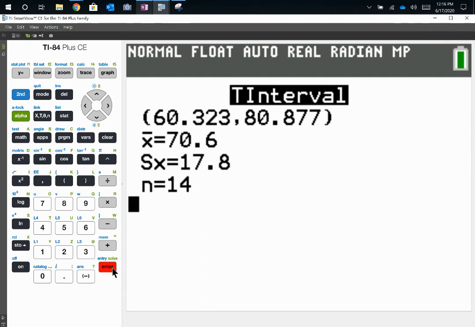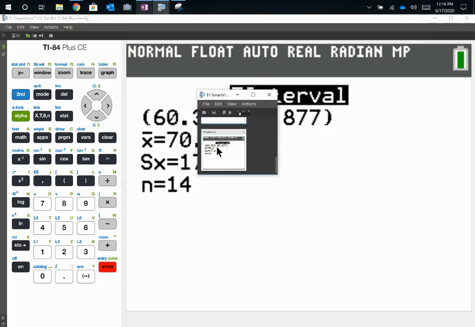So we've got 60.323 and 80.877, okay? Capture this. I'm also going to do this in StatCrunch one more time